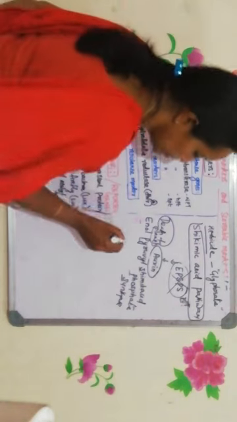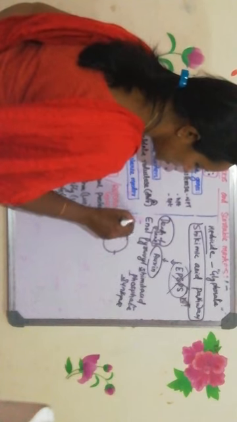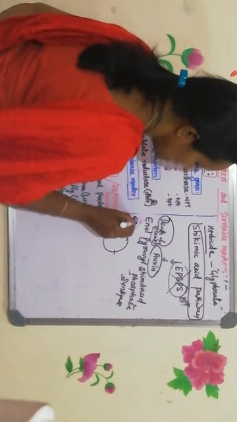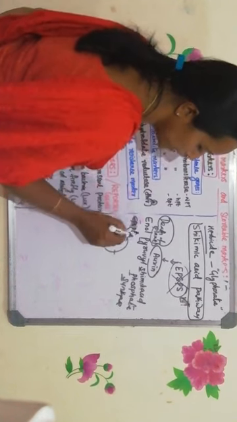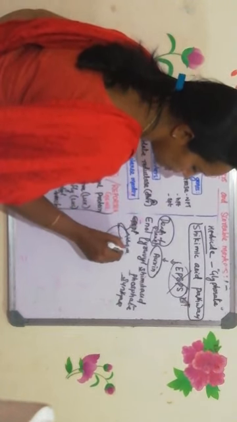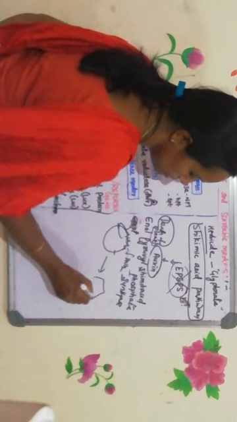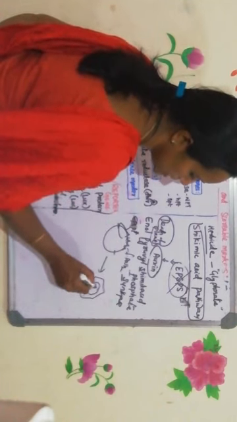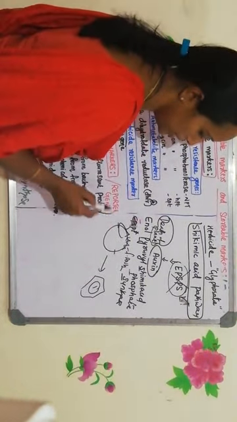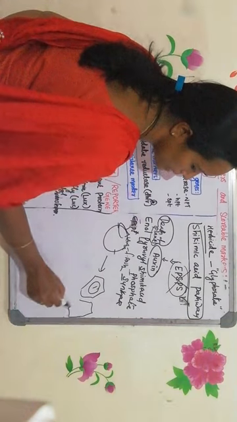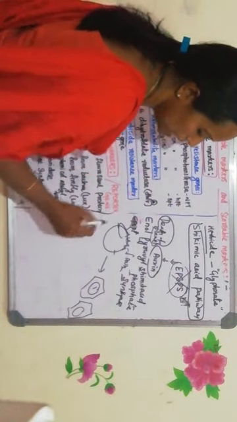So you are using a binary vector, with left and right border, and you are using EPSPS star. What do you mean by EPSPS star? A mutated EPSPS, and you have the foreign DNA, and you are transforming this into the plant cell. Imagine that this is the plant cell with the mutated EPSPS and foreign DNA, and you have one more plant cell which has not taken up the EPSPS and the foreign DNA. How will you select them?